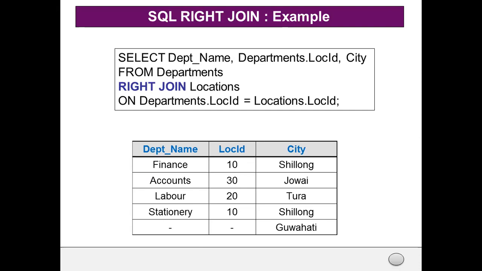If we had been considering the location table's location ID, then it would not be null, it would have been 40. But this time we are considering the department name, then the department location ID from the department table.